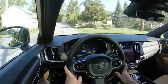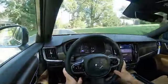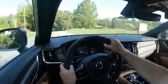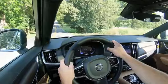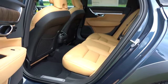So first, let me start by saying the obvious. IIHS Top Safety Pick Plus, which is the very highest designation given by IIHS. So yes, Volvo is still the very best when it comes to safety, without a doubt. Front side curtain airbags do come standard. In the back, you're going to have LATCH, aka lower anchors and tethers for children for the rear car seats,